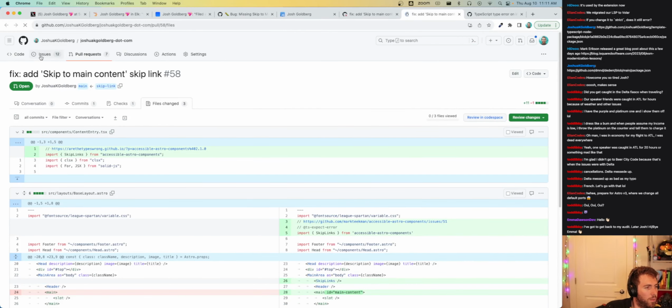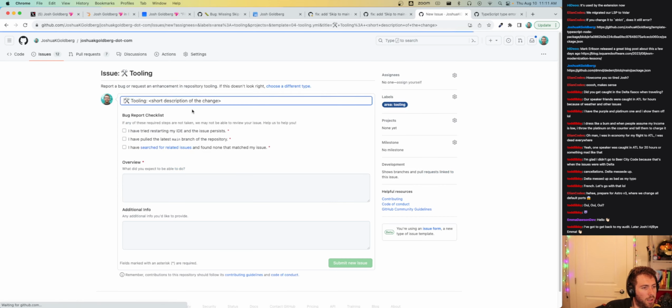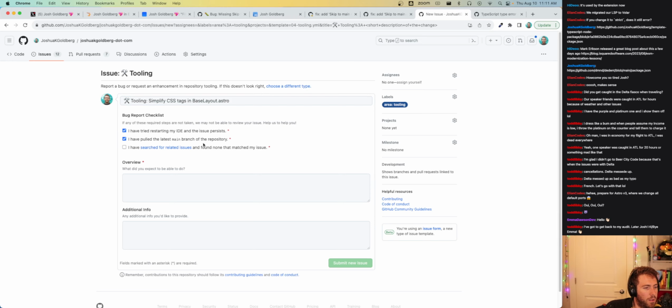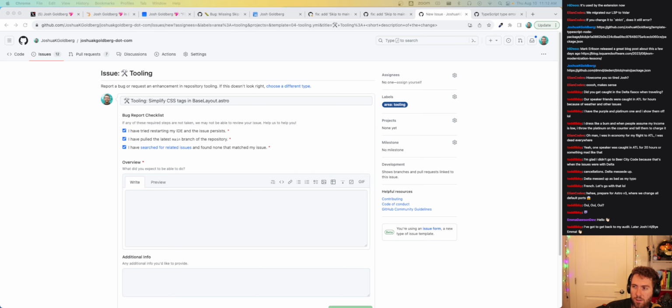Yes, because Elian reported that I could simplify CSS. I'm going to simplify CSS tags and base layout. Let me find it in the chat where that was mentioned.